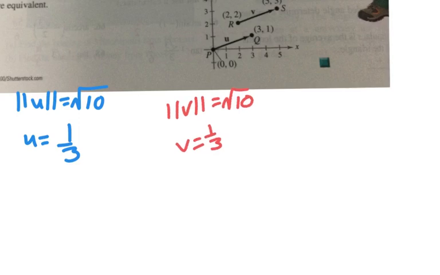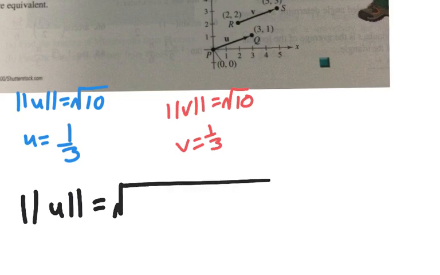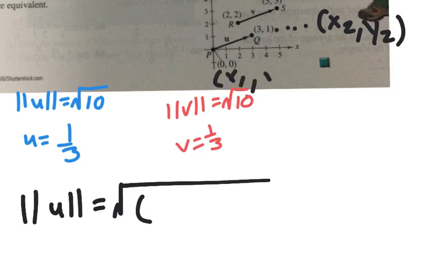Okay, so magnitude is just the distance. So we're going to use the distance formula. So the magnitude of u is going to be the square root of. So I'm going to treat this as my x2, y2, and 0, 0 is going to be my x1, y1. So if I plug into the distance formula,